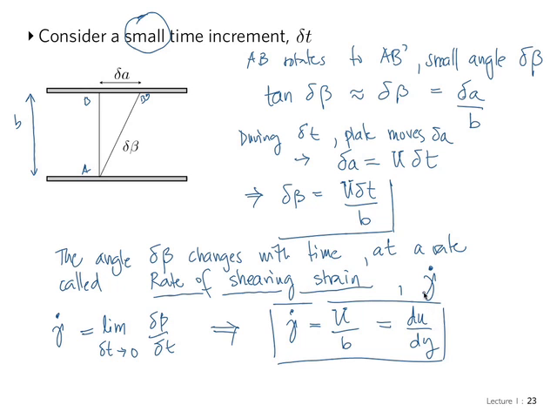Now, in general, the velocity gradient is not going to be a constant. It is a constant in this very idealized situation. But it is true that the velocity gradient is equal to the rate of shearing strain. Now, the shearing stress can be related to the rate of shearing strain, and it has been found experimentally by fluid dynamicists that the shearing stress